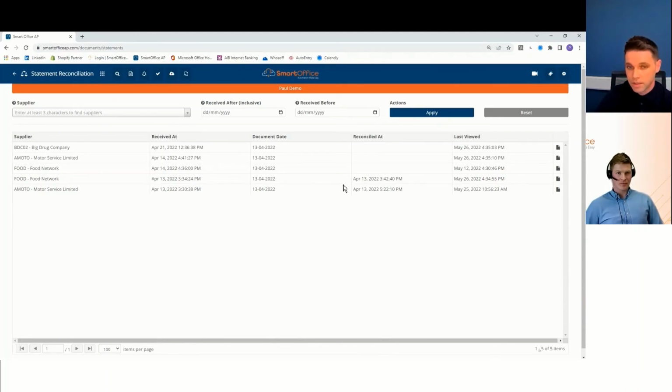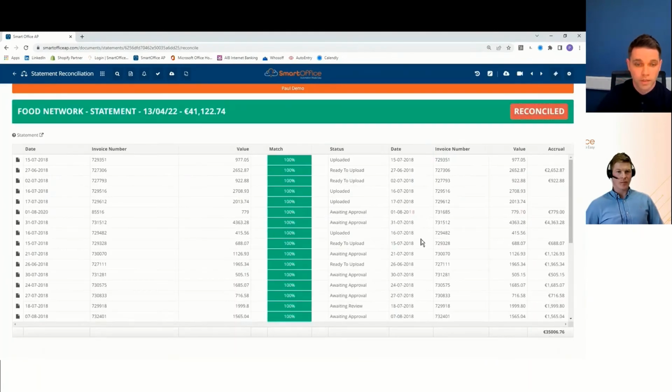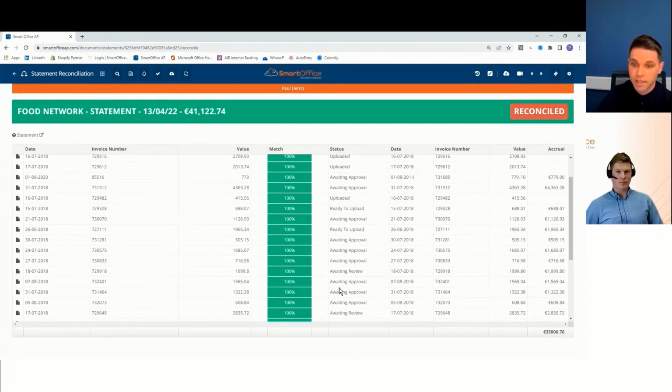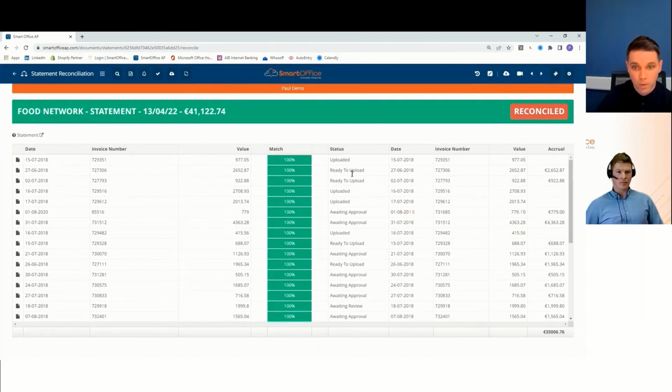Same thing, the supplier submits their supplier statement through the same method. We extract all the data out of the supplier statement, and we automatically find all of the invoices. We validate them to ensure that you fully have them. We match date, invoice number and value against date, invoice number and value. But most importantly, we'll tell you what stage they're in. Are they uploaded, ready to upload, on hold, rejected, awaiting approval, etc.